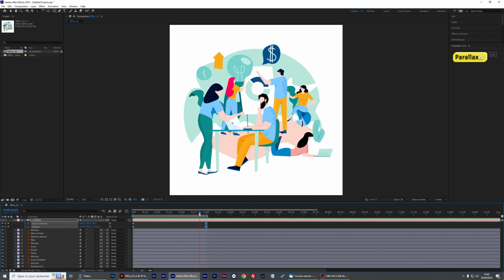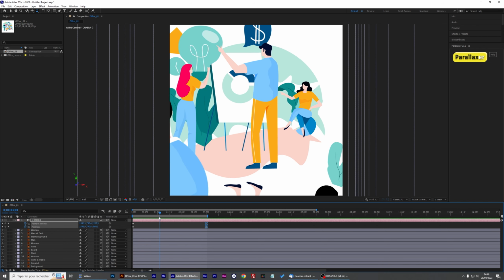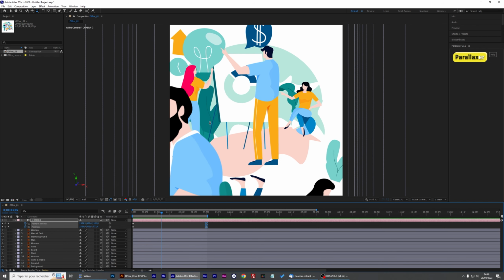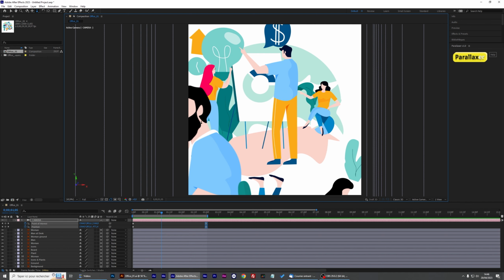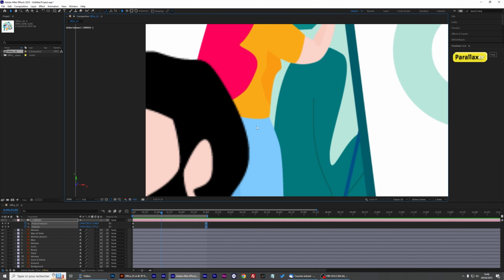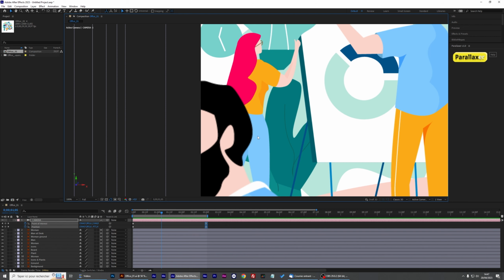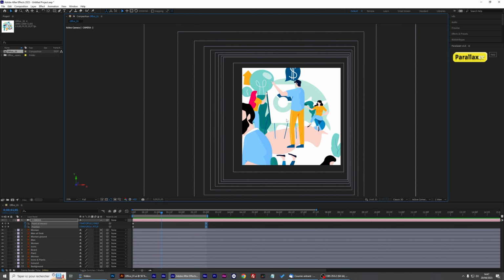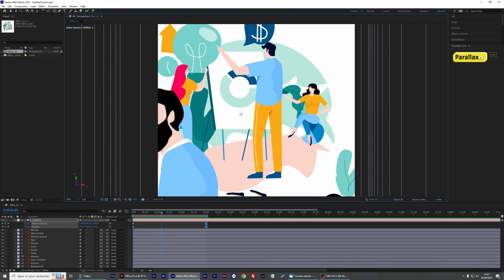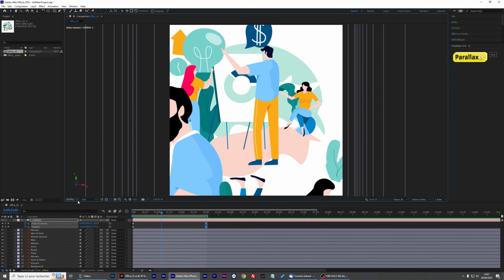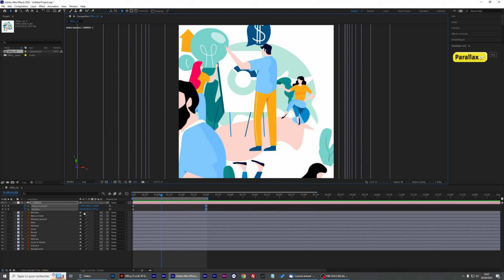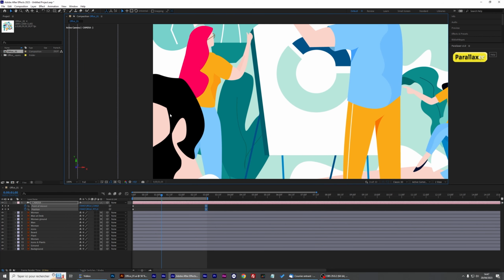Okay, this is nice. You can see, maybe at this frame, that the man is a bit blurry here. You can see some pixelation over here, and there's a solution for this, and I will recommend it almost every time you work with Illustrator layers: activate the vectorization like this. And now you can see it's perfectly sharp.